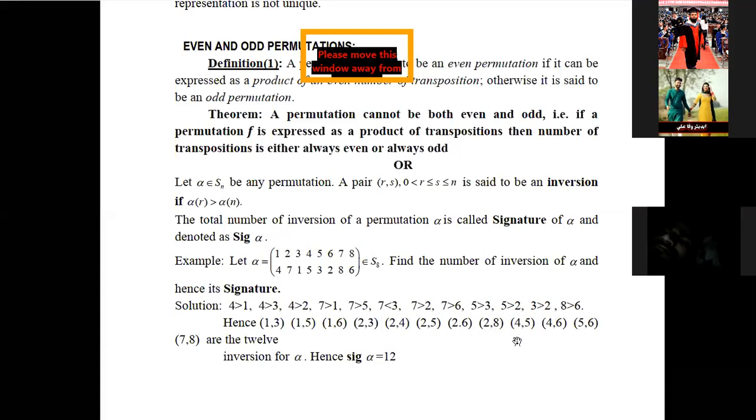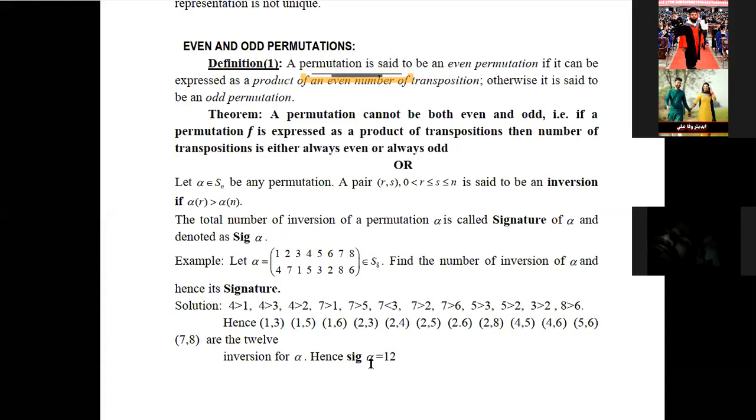These are the R, S. Again 4, this is a 4. 4 means 5 is greater than 3, 2. 3, 2 is a 3. 5 is greater than here 3. And what is the pre-image of this? It is a 6. Okay, and 5 and 6. Now we have 1, 2, 3, 4, 5, 6, 7, 8, 9, 10, 11, 12. 12 inversions, it means the signature is 12.